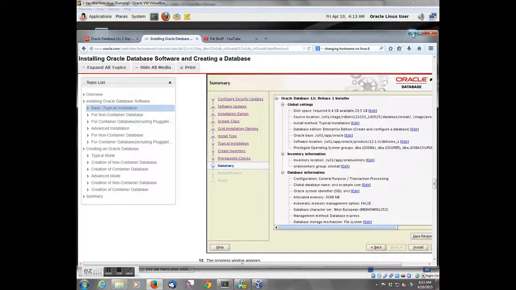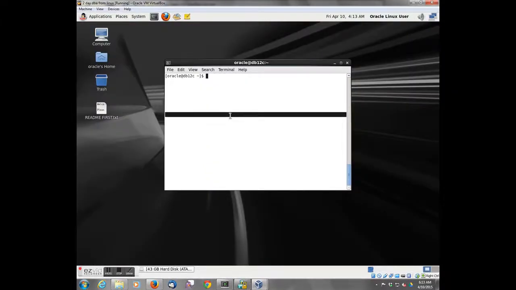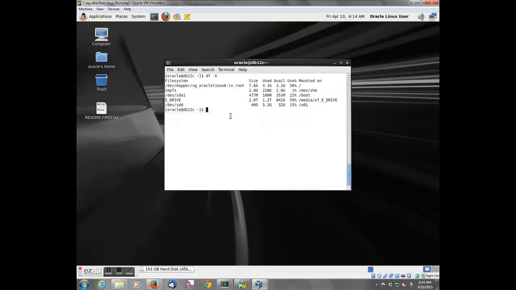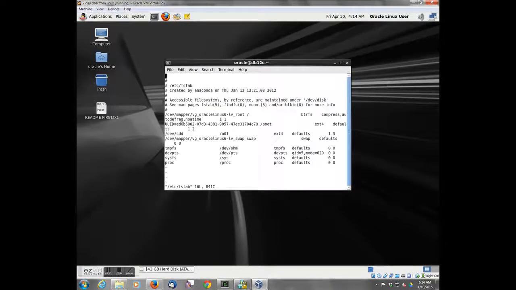So let's go to our database instance. One thing that's changed from the previous is instead of having the UL1 mounted on /media/UL1, we went in and said let's physically put it, and we did that by telling it this is the SDD drive. We want to mount it on UL1. It's an ext4 file system. We're going to use the default mount options and then make it the last thing we mount when we start